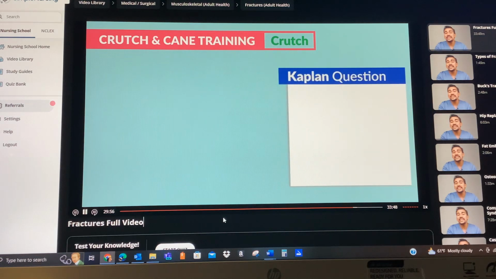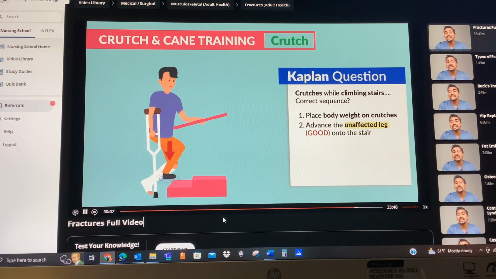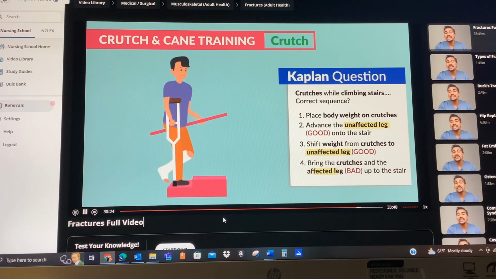So Kaplan mentions crutches while climbing stairs, the correct sequence. Number 1, place the body weight on the crutches. Number 2 is advance the unaffected leg, the good leg, onto the stairs. Remember, up with the good first. Number 3, shift the weight from the crutches to the unaffected leg, the good leg. Then, using the good leg, number 4, bring the crutches and the affected leg, the bad leg, up to the